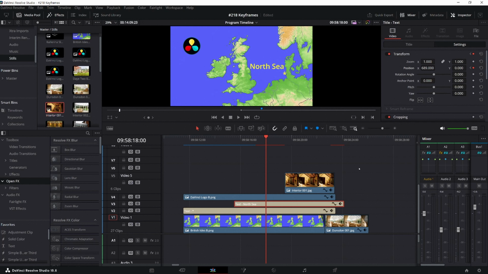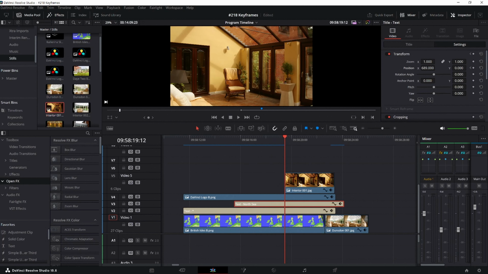I want it to stay there for half a second, so that's 12 clicks of the, it's near enough half a second, it's 12 frames. So at that point I want it to be in that position. So in this case I've got to click the keyframe because it didn't automatically reproduce because it's staying in that position. I now want it to go forward and off quickly. So if I go forward 1 second,